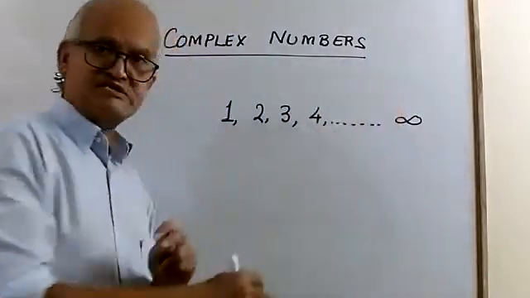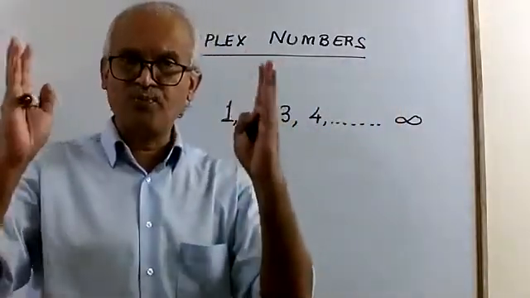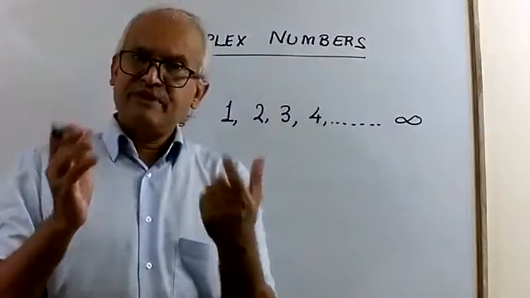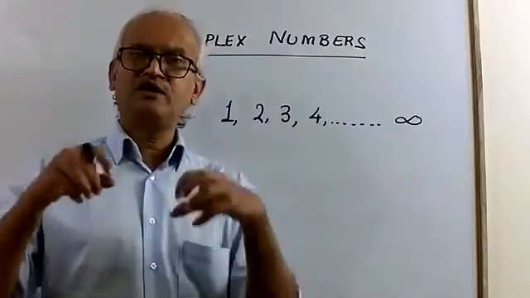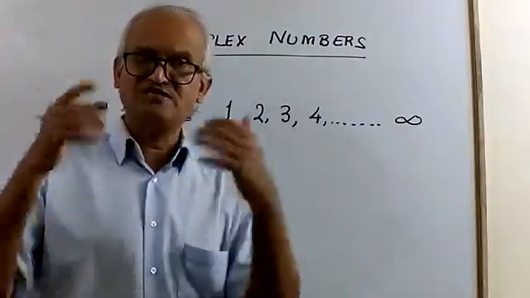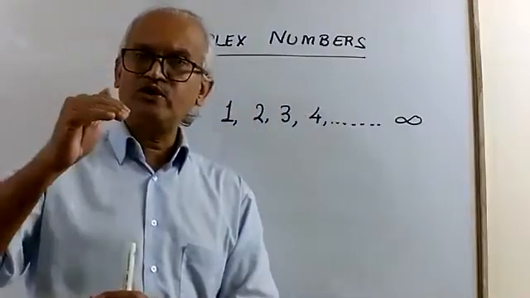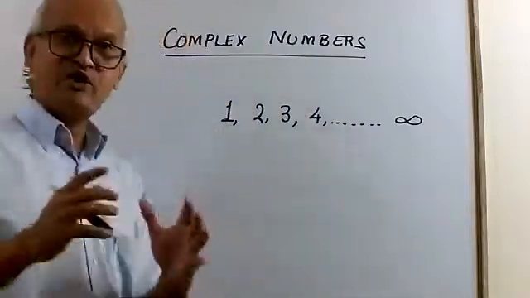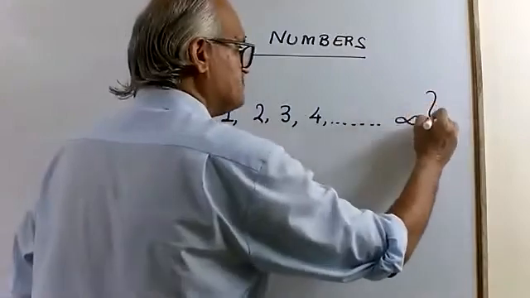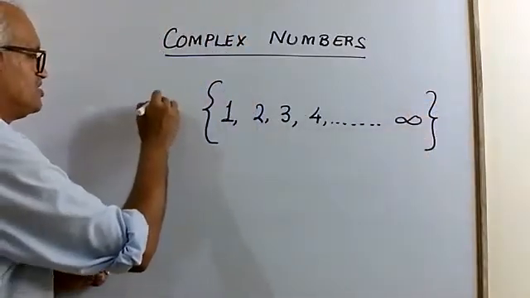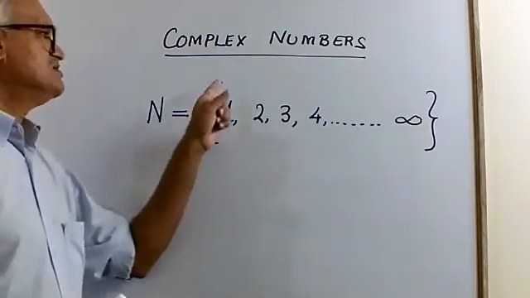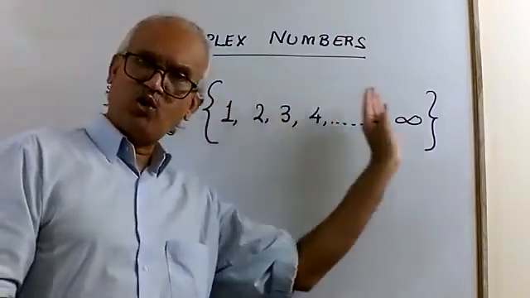The collection of these natural numbers, taking them all together as a group, you can represent them as what we call a set. The word set in mathematics simply means a particular defined collection, some kind of order, some kind of rule which defines what will be included. What is included in it is called an element. We represent that in curly brackets, and we name this particular set as capital N. The set of natural numbers is the numbers 1, 2, 3, 4, and so on,